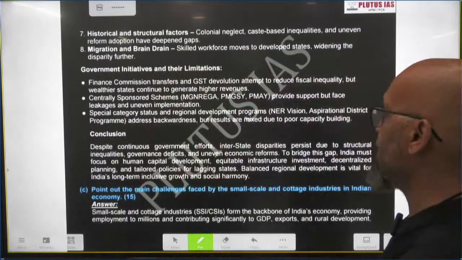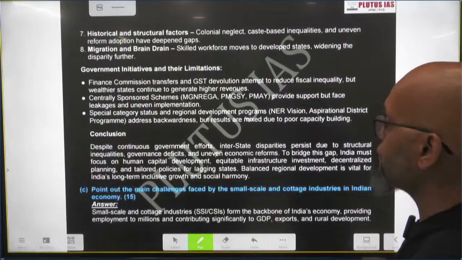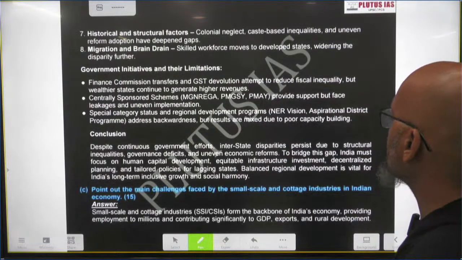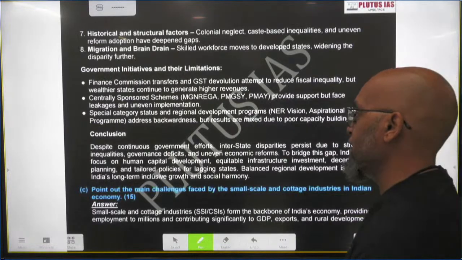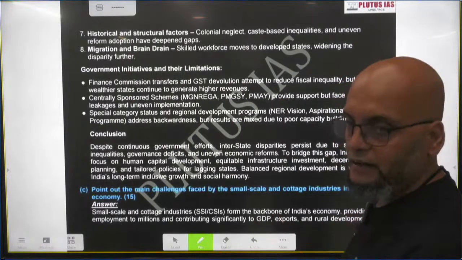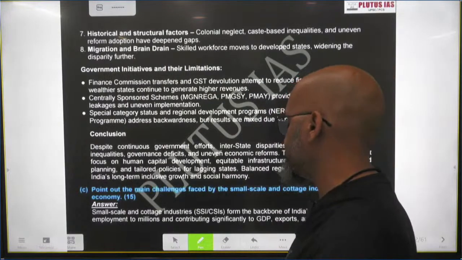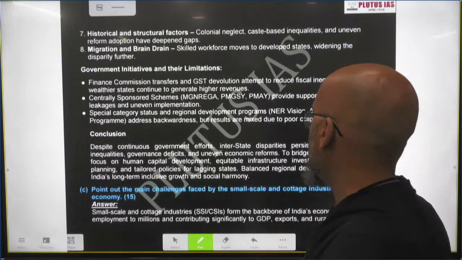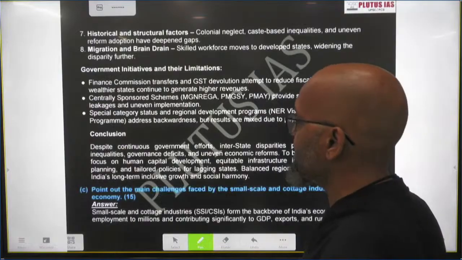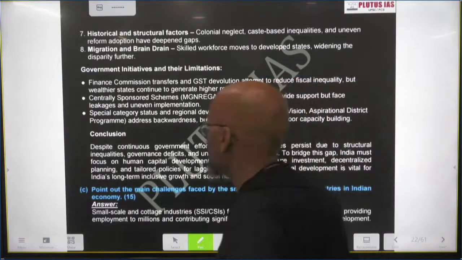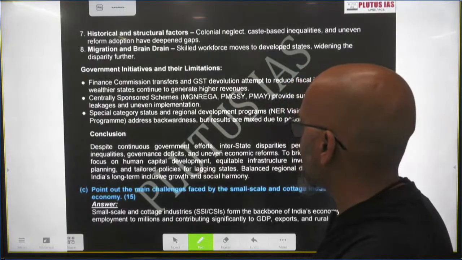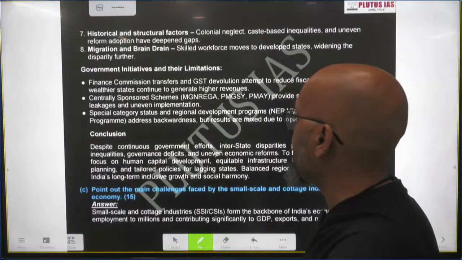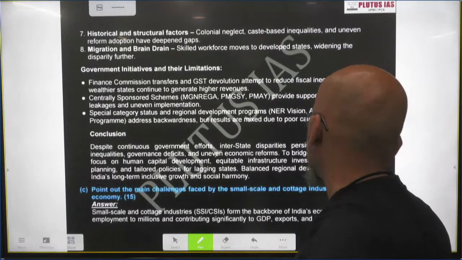Government initiatives and limitations. Finance Commission, as I told you, Finance Commission transfers and GST devolution attempt to reduce fiscal inequality, but wealthier states continue to generate higher revenues. Then centrally sponsored schemes such as MGNREGA, PMGSY, PMAY provide support but face leakages and uneven implementation. Special category status and regional development programs, NER vision, aspirational district program address backwardness, but results are mixed due to